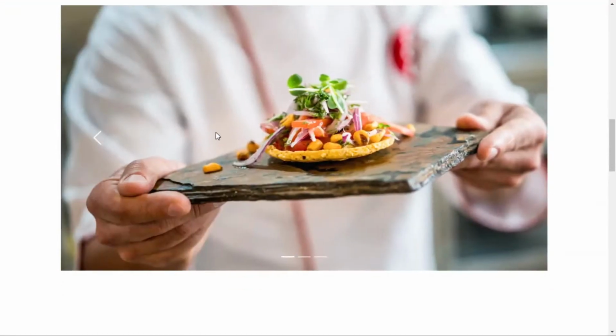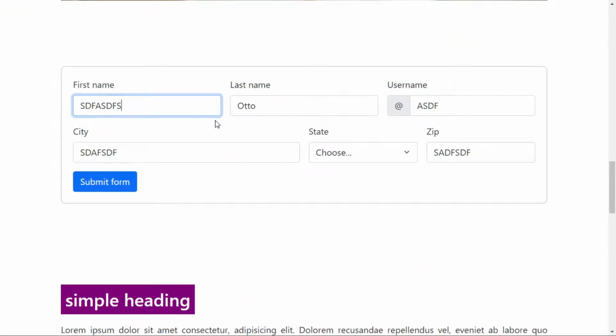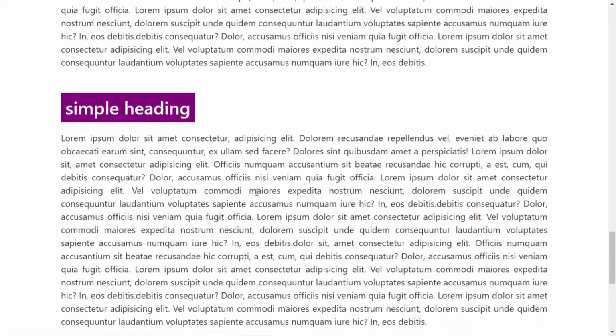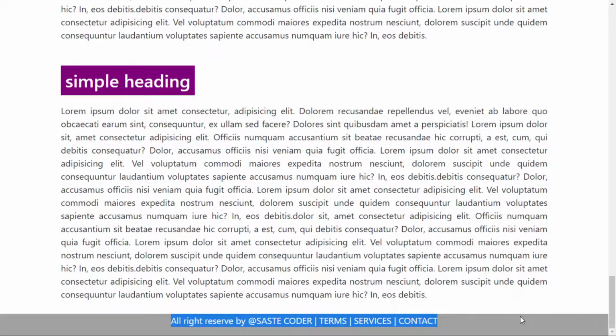After this, we are going to create a simple login form in this web page, and you can store the value and link this to the PHP. Here, there is some content of our web page at the last, the footer.